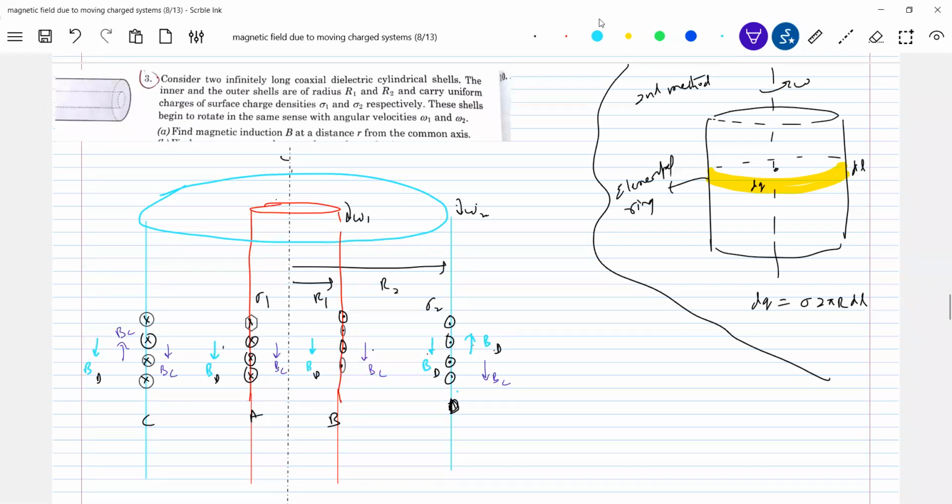Okay, now due to A and B we will show it. Due to A, it will be BA. Due to B, it will be